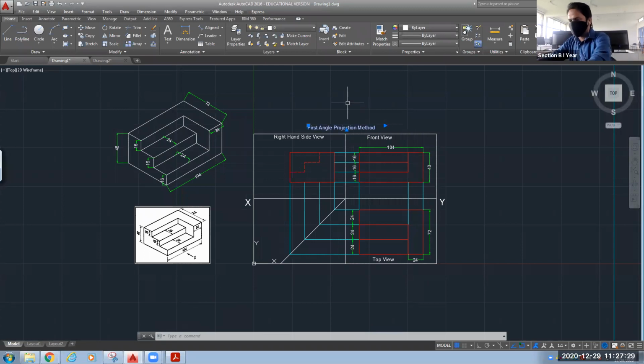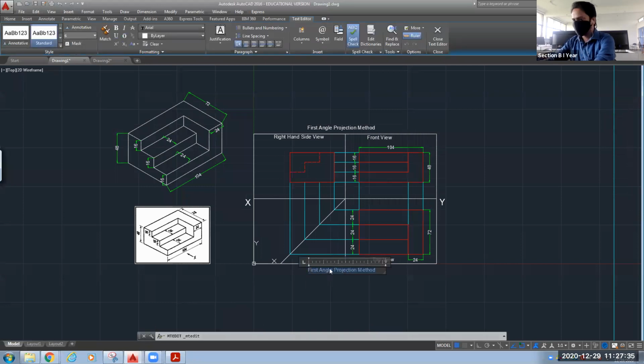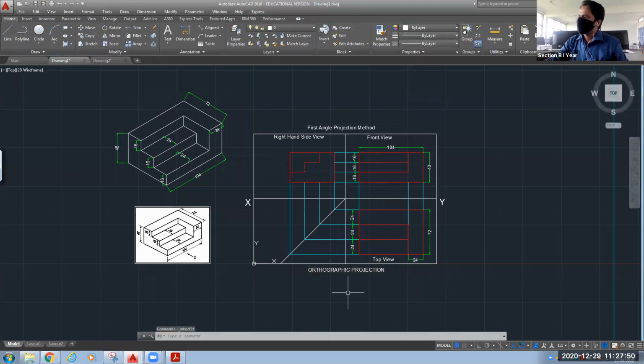So I will just copy this, what I have on the top, and I will paste it at this location, and I will write this as orthographic projection, orthographic projection.